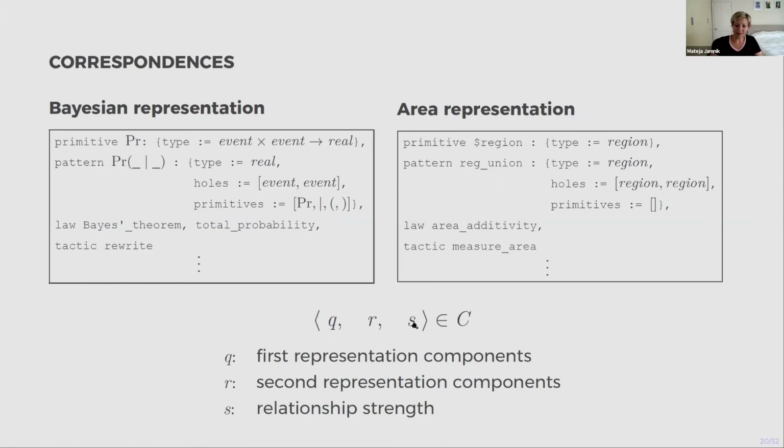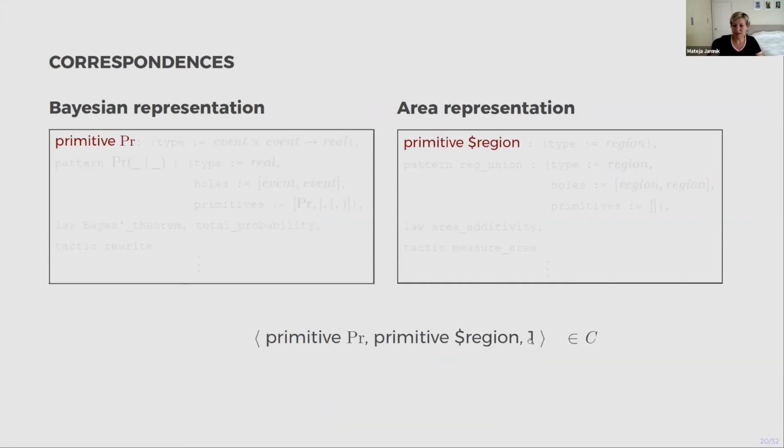And then S is a parameter which basically encodes how strong is the relationship between these components. So here the relationship between probability and region is clearly very strong. So I assign it the strength of 1,